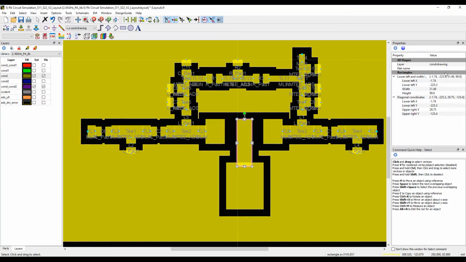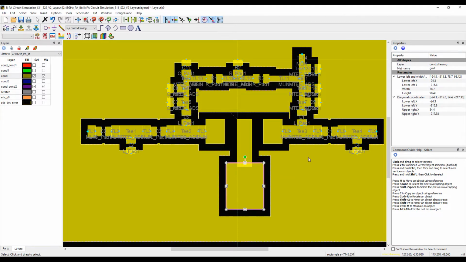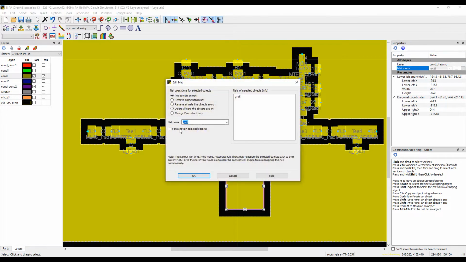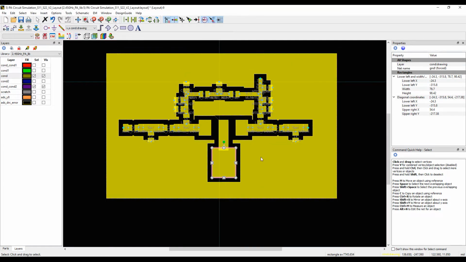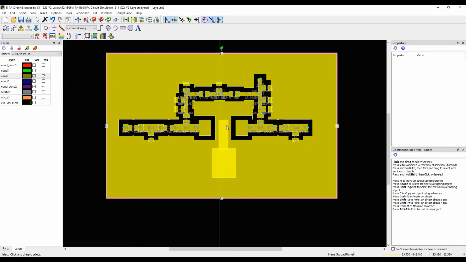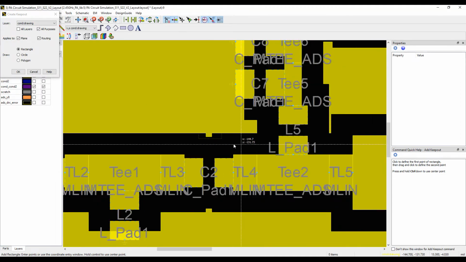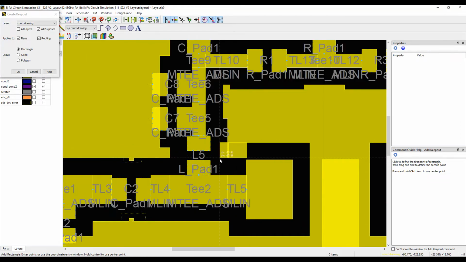The transistor ground pad is not connected to the ground plane on the top layer because the ground pad is not assigned to the ground net. We will fix that quickly. Just double click on the pads to go to the properties on the left and change the net to the ground. Double click on the top layer plane and click apply so that the changes will take effect. Go to Insert and select Keep Out to clean up the layout by inserting Keep Out for the copper sticking out.